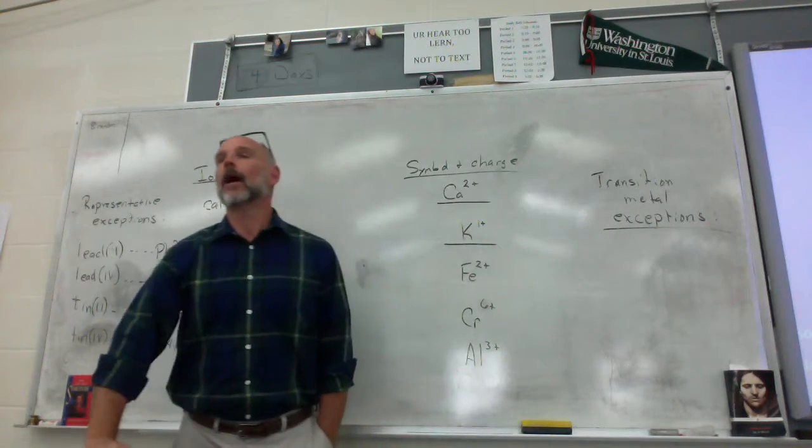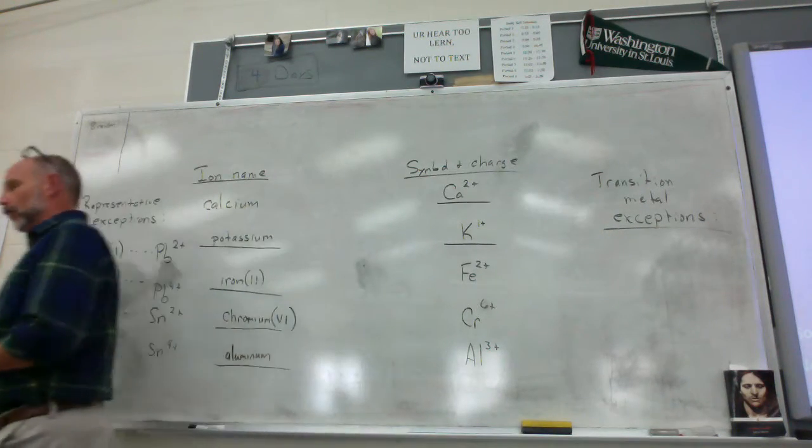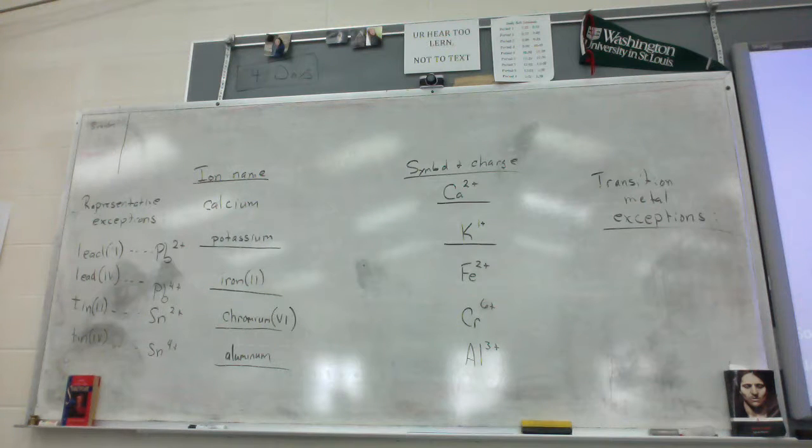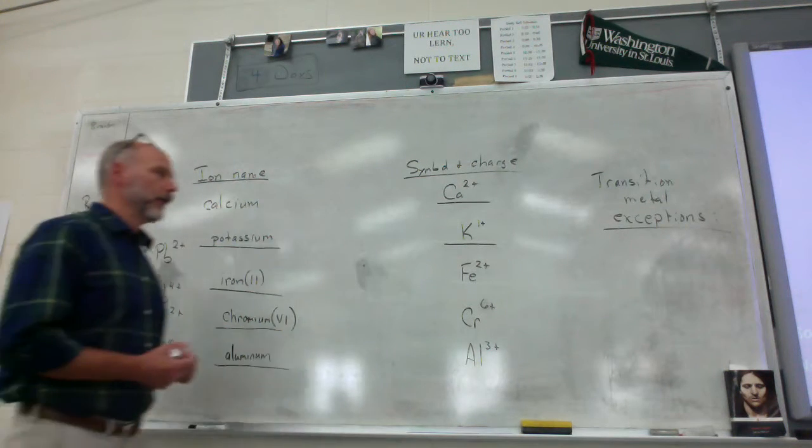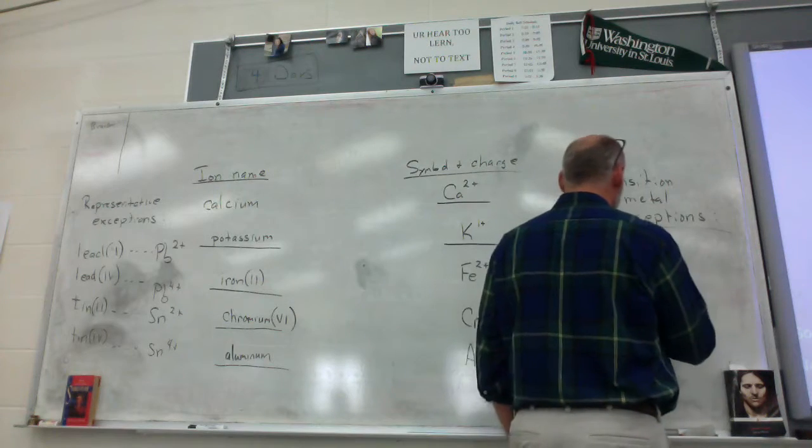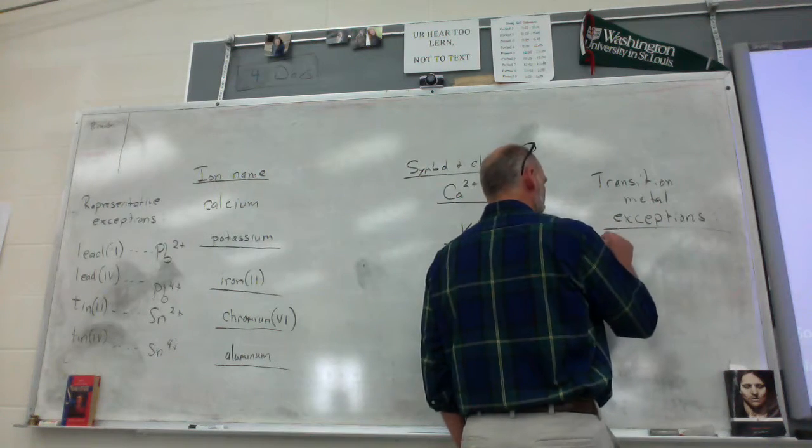Of the elements that I had you learn, which obviously was just barely over half of the elements, 3 of those fall in the transition metal category that do not form more than one ion. And so you're just going to have to flat out memorize what they are. They are, and I'm doing this in a particular order on purpose, silver